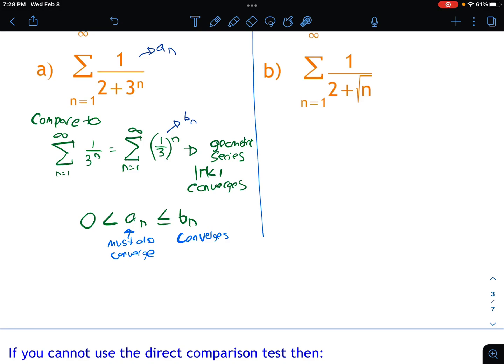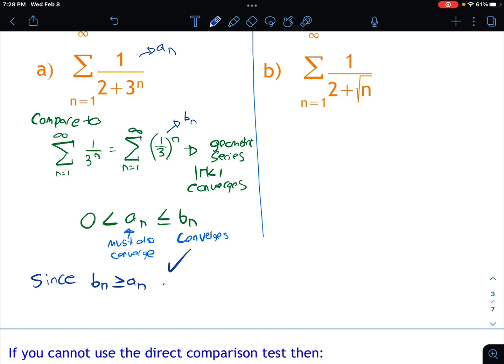If I plug in 2, I get 1 over 11. And I get 1 over 9. So yes, this is always going to be smaller, so it does fit our test. And then we just have to go through and state it. So we say something along the lines of, since b sub n is greater than or equal to a sub n